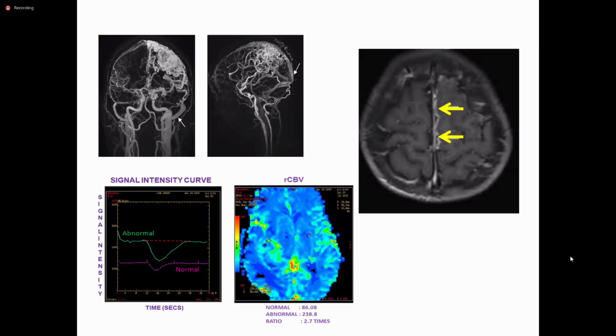When it comes to contrast administrations, for example, a simple brain examination, there are different ways that you give contrast. You could either give it as a hand injection, for example, if they're suspecting a meningitis or an encephalitis. If they're suspecting a vascular malformation, you can go for TRICKS, with multiple phases, where you capture the arterial, venous, and capillary phases. If it's a tumor, an acute stroke, or follow-up cases, you need to go for a perfusion.